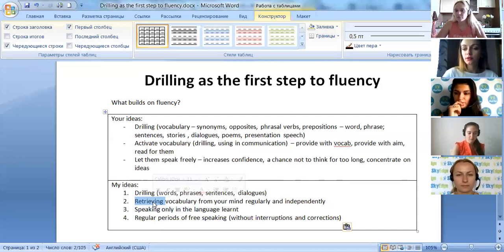Are we talking about vocabulary or grammar? You started with grammar then? I'm talking about grammar, because actually the vocabulary he or she can check in the dictionary. But with grammar, it's sometimes more difficult. And when we are drilling grammar,